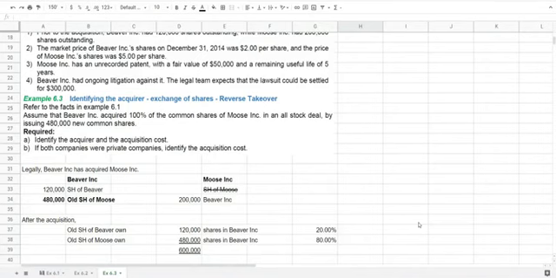The other thing that I've seen reverse takeovers being used for is by foreign companies, typically companies from China, trying to gain access to capital markets in North America. They don't want to open up their books. They're pretty secretive. So what they would do is structure a deal like this so that a Chinese company will buy a listed company in North America, structured so that it becomes a reverse takeover. So the management of the Chinese company gets control over the Canadian or the American company, and they will be able to tap the capital markets.